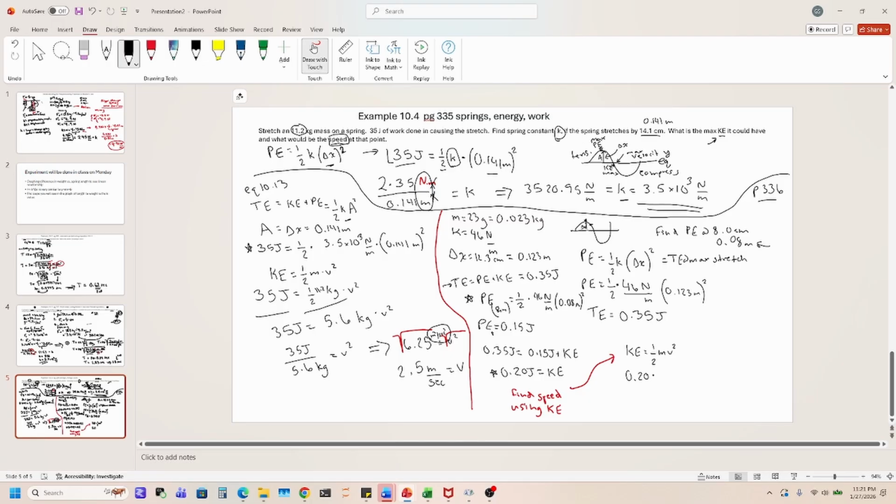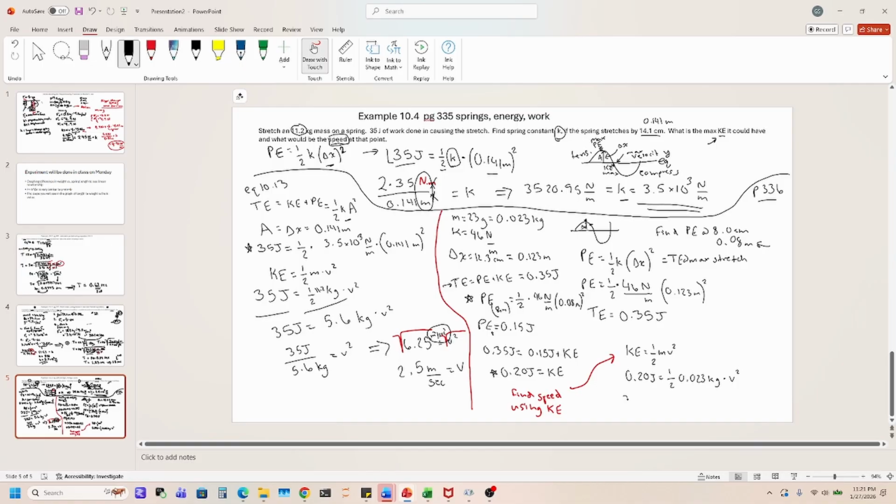0.20 joules is equal to 1/2 times our mass, which was 0.023 kilograms, times our velocity squared, and that's what we're trying to figure out. We don't know what the velocity is. So if I was to simplify all of this,